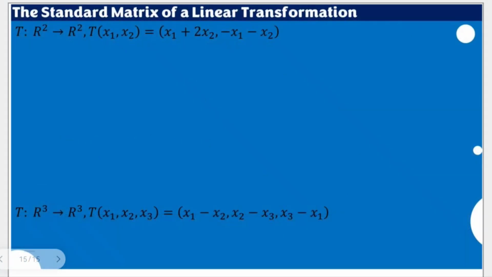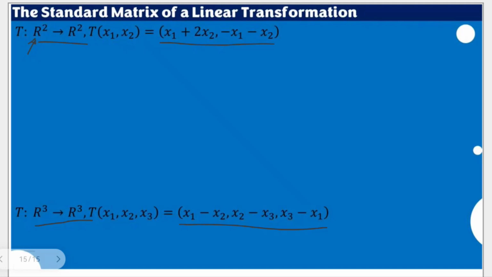This time we are going to show the standard matrix of the given two linear transformations here. To do that, we need to understand the definition of linear transformation. We have here first from R2 to R2, and the second one is from R3 to R3. We need to understand this because before we could determine the correct vectors to be used to get the standard matrix following this definition, we need to come up with the understanding of the standard matrix